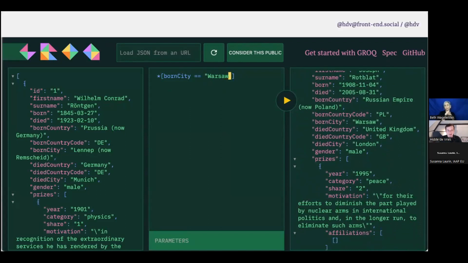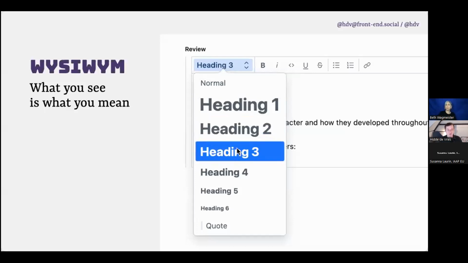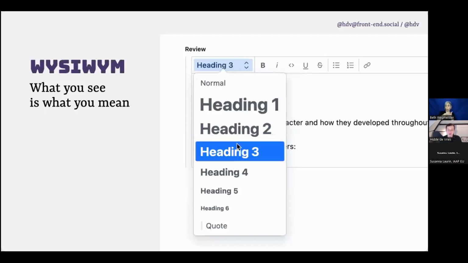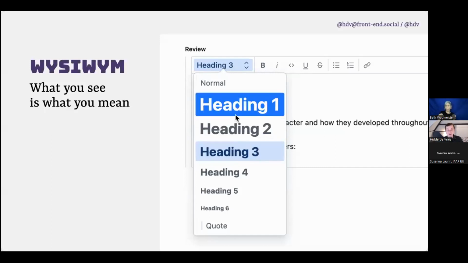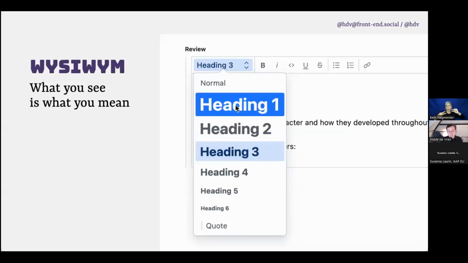And why am I telling you all this? Aren't we talking about accessibility today? Yes, we are. The reason that I wanted to talk about this is that this is also something we do with content. So rich text is what I mean. We have an editor that is basically what you see is what you mean rather than what you see is what you get. So instead of an editor where you say, hey, I want this blue big heading, you'll say something like, I want a heading that is number 2 within the heading hierarchy.